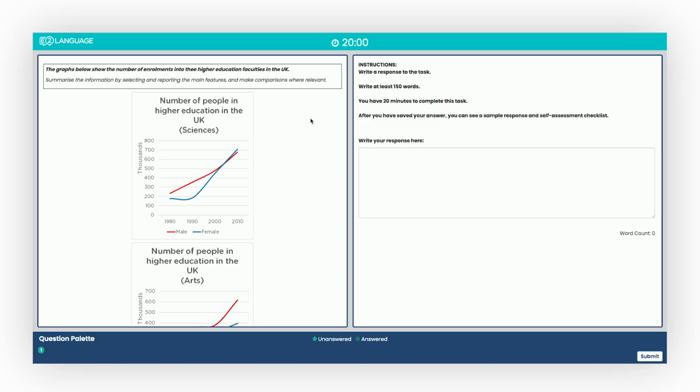All right, we're now up to the writing section. We're going to start with my least favorite task of all, academic writing task 1. This one stings. Let me show you what it looks like. All right, in academic writing task 1, it's up to you, but you should use 20 minutes of your 1 hour to write at least a 150 word